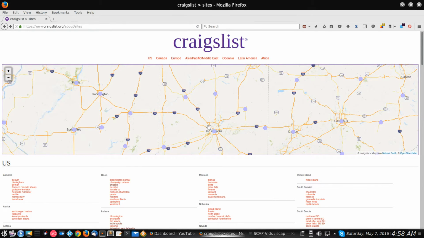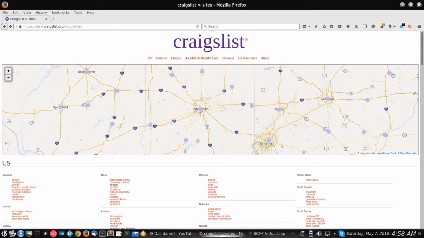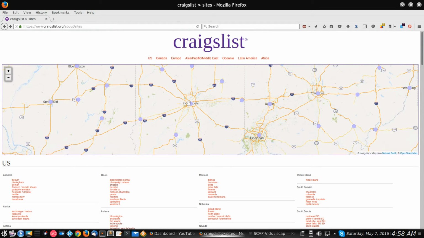Let's go down here to Indianapolis. Okay, just to kind of help this a little bit better for you. So down here in Indianapolis, you see that there's the purple circle. If you mouse over the purple circle, you see that the hand now turns to a finger. Well, if you click on it, the little speech bubble will come up, tell you what location that is.